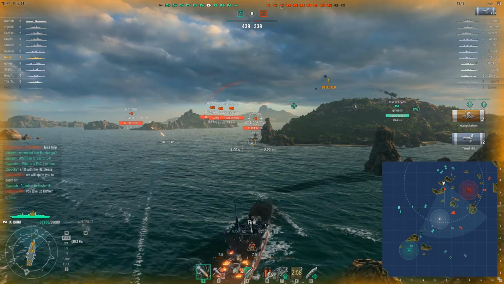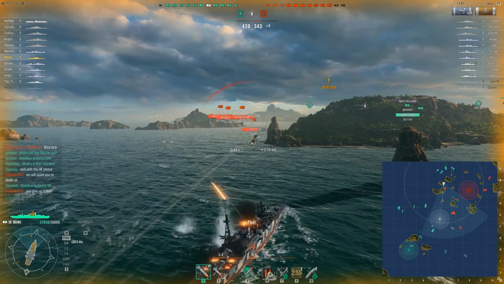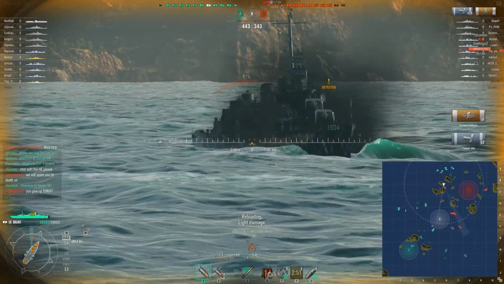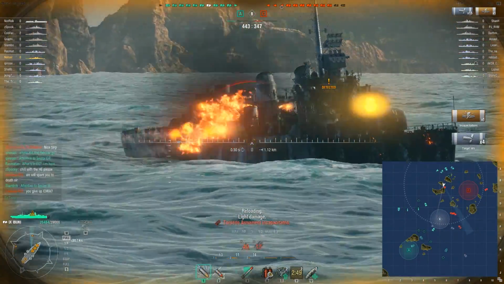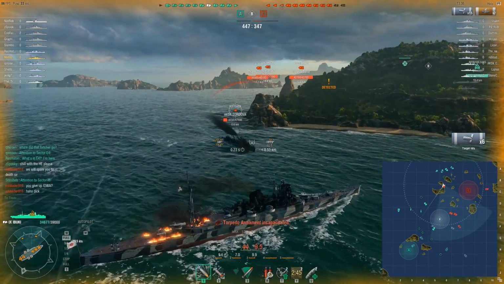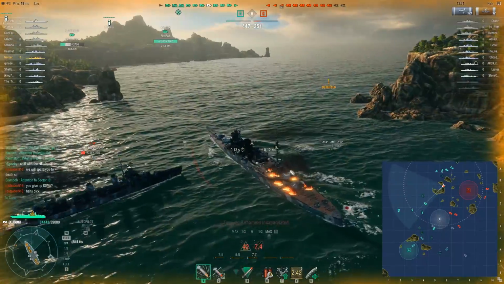We're trying to rotate starboard, so we have all our guns pointed to the port side. And what is he doing? Why does his nose look like it's pointed directly at my ship? I think he wants to ram us. What? What are you doing? Why would you...